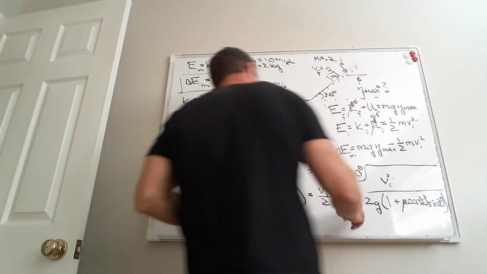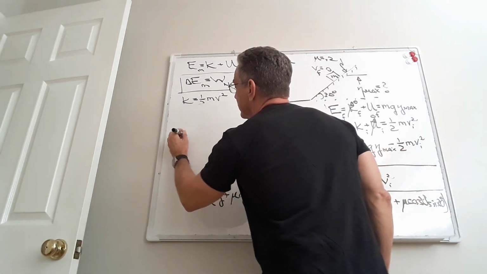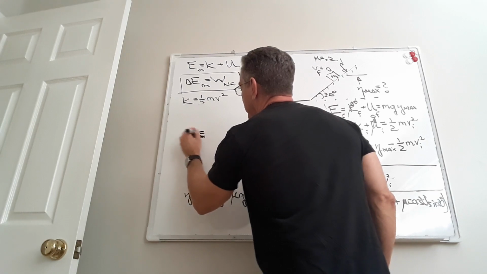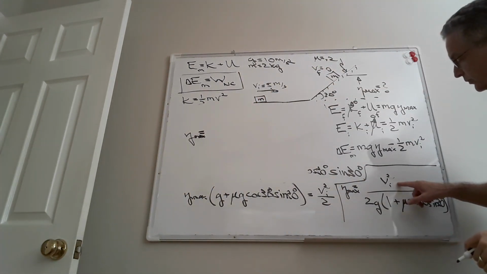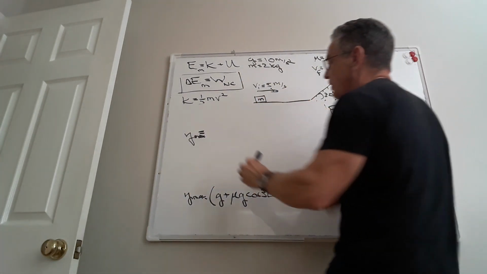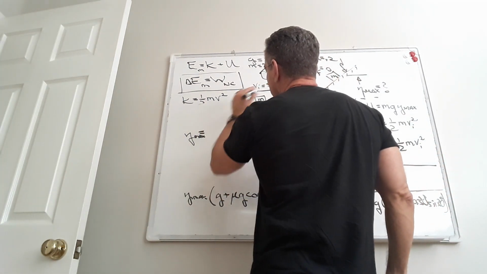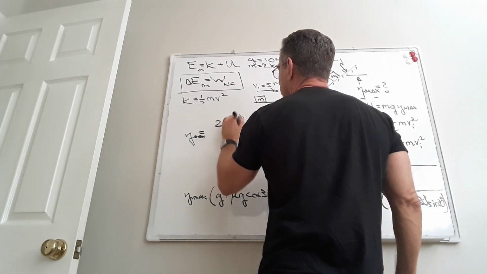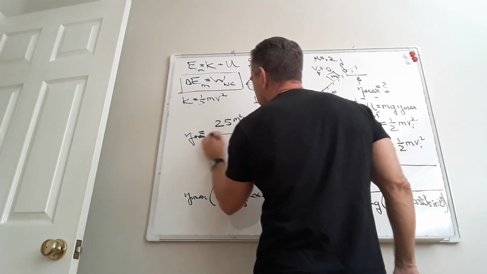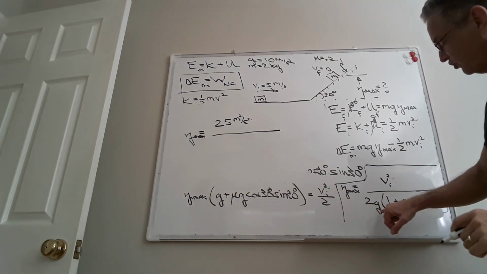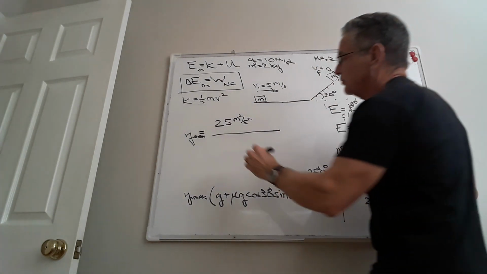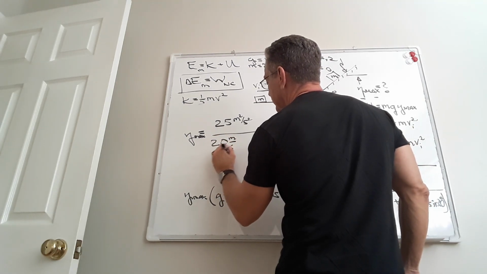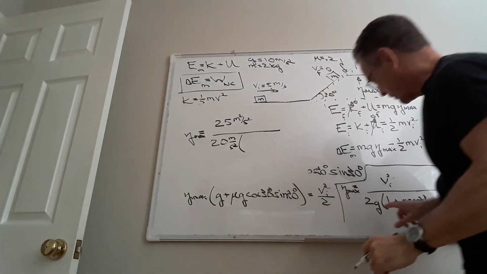I'll go ahead and write Y max here. And I'll include, okay, this is V initial squared. So V initial was 5 meters per second. So 5 meters per second squared would be 25 meters squared per second squared. Then we divide that by 2 times G times this quantity. So 2G would be 20 meters per second squared. And then this quantity 1